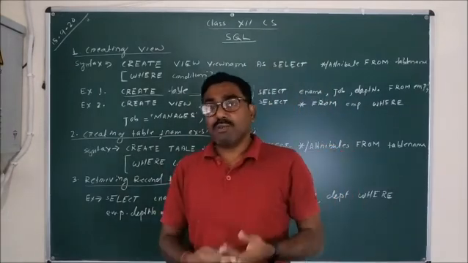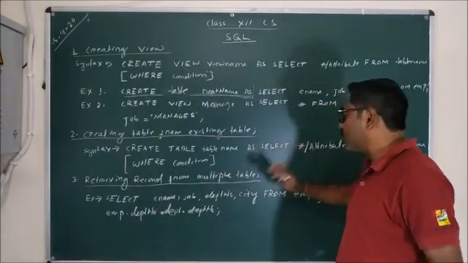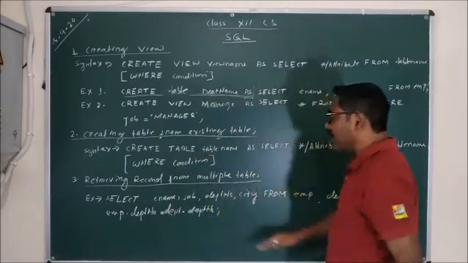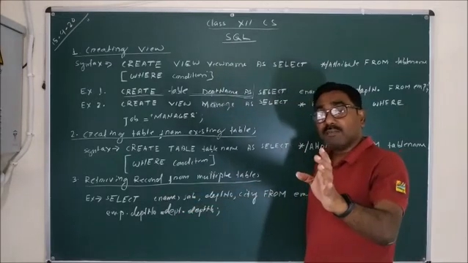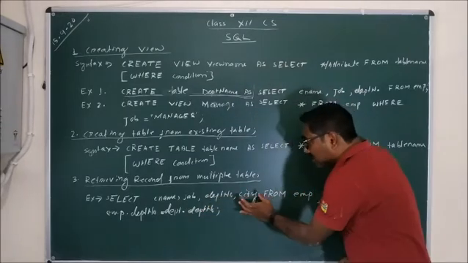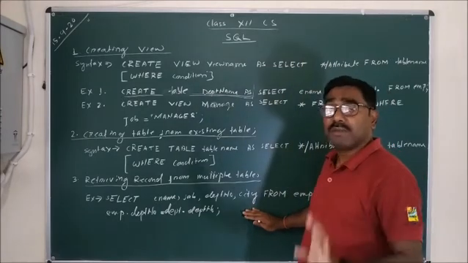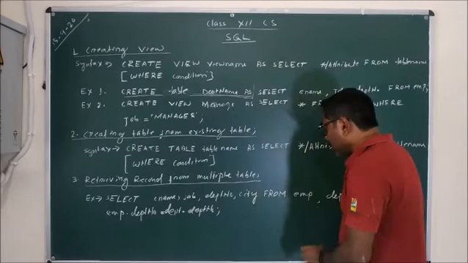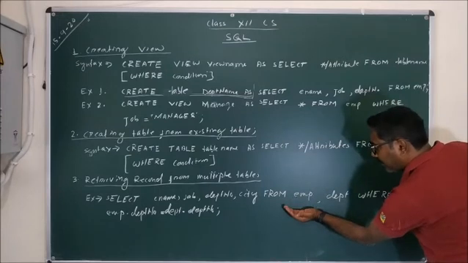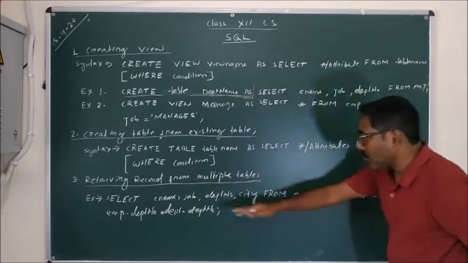Now just come to the example. In the example I have written select ename, job, department number, city. Now see what happened. EMP name, job, department number: these three attributes are from the EMP table. You know that these three are from the EMP table. But the city is from the department table. After that, in the FROM clause, we are mentioning both tables, the EMP table as well as the department table.